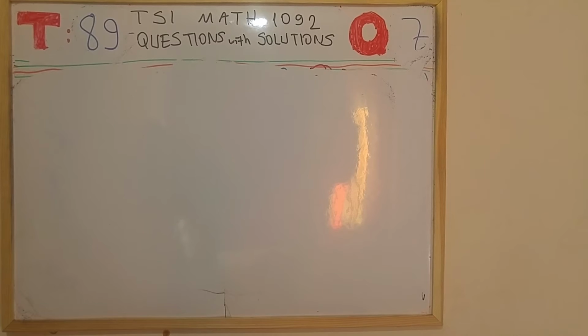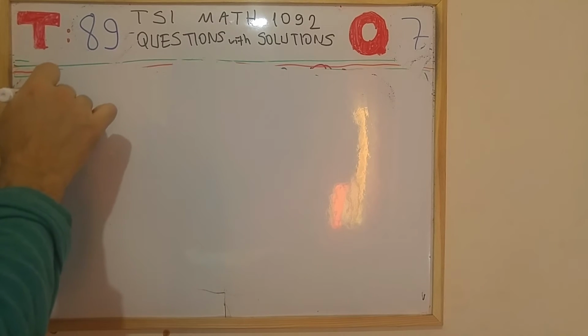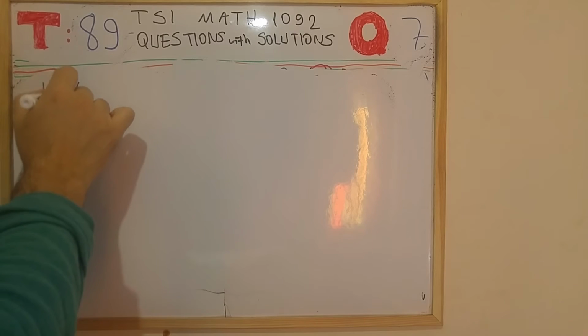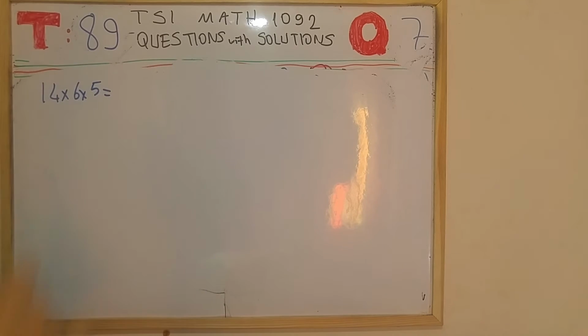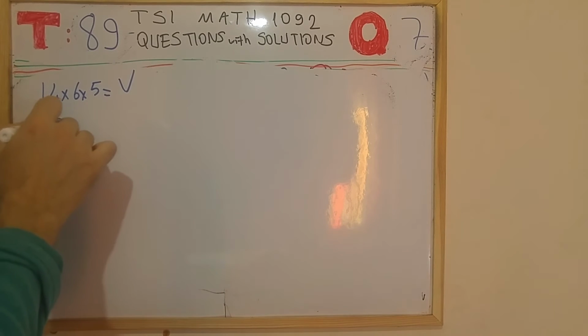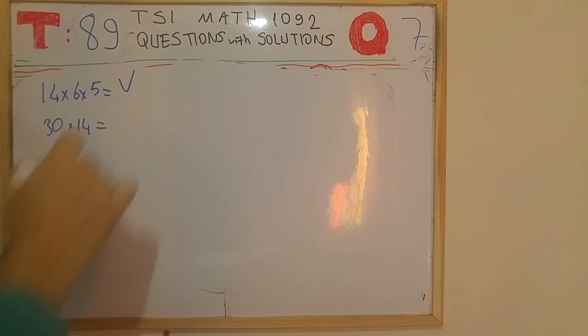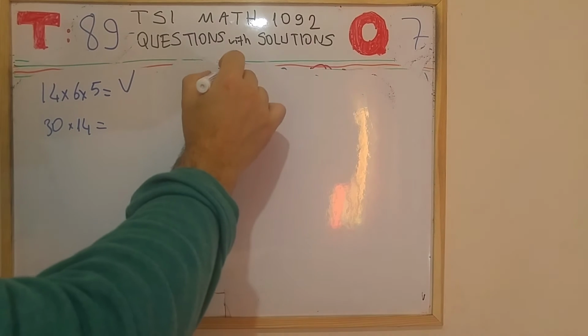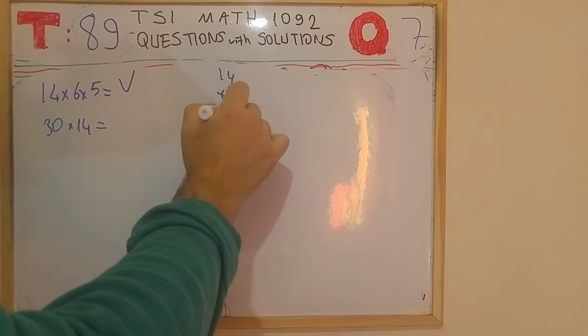Now we have the right prism here with dimensions of 14 times 6 times 5, and we're asked about the volume. So this is equal to 30 times 14, and this is equal to, let's calculate together, 42,